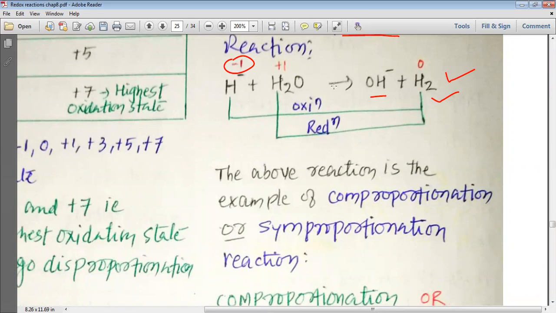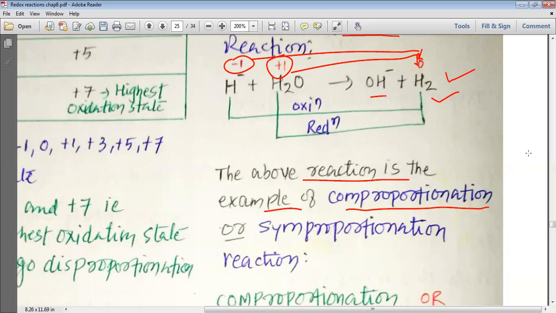From minus 1 and plus 1, both these oxidation states go to the 0 oxidation state. So here one hydrogen is oxidized, one hydrogen is reduced, and both go to the same oxidation state, that is 0 oxidation state. The above reaction is an example of